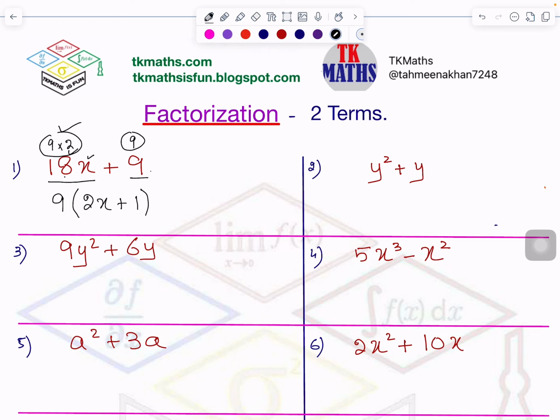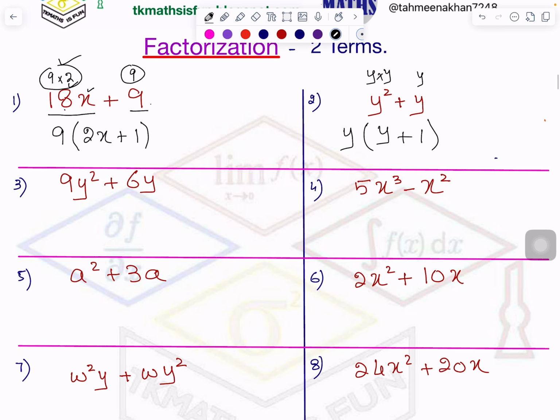So let's see next one. Y square means y times y, and this y is only 1. So what is common between them? 1 y is common. So I can write y bracket. What is left from here is 1 y plus 1, because y multiplied by 1 is y, and we will get this question again, right? Now let's see